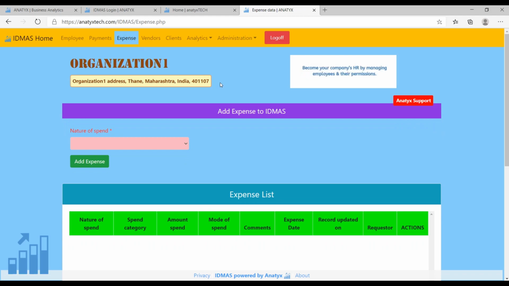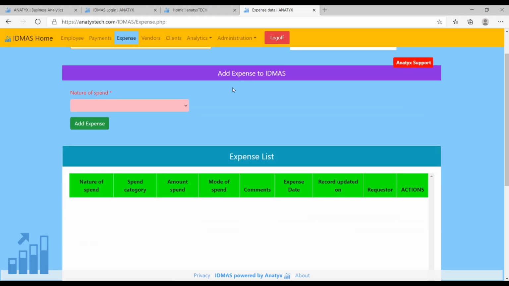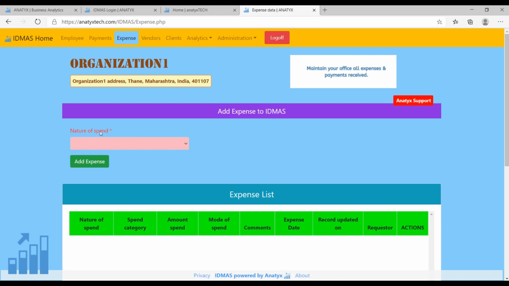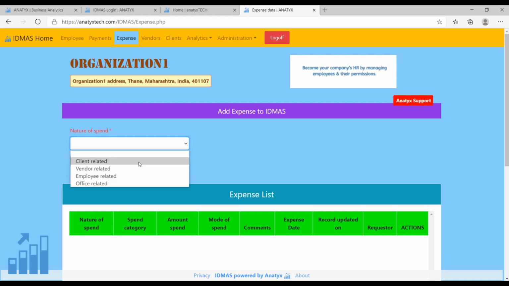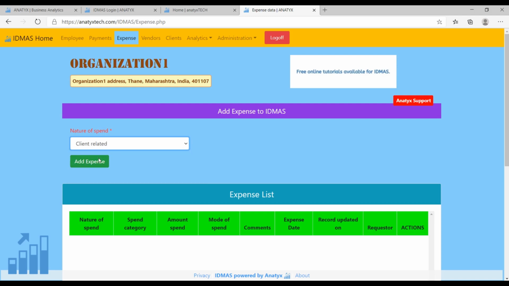Similarly, now in case you want to go ahead and record your expenses, for that what we will do is nature of spend. So is it a client related spending that has been done by you or someone in your team? Vendor related, employee related, or office related? Say for example, you have traveled to visit client 1. So what you do is you click on client related expense,